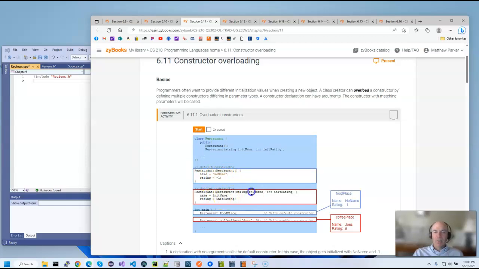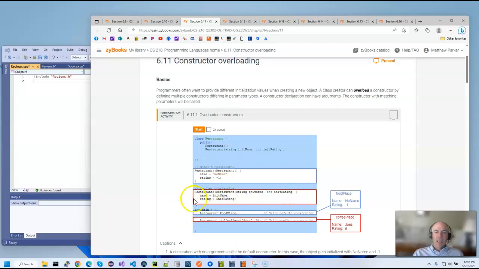What we should be doing is we know the name of the restaurant, we have a rating for the restaurant that we provided. So maybe we only know the name. So that would be a case where we might set the rating to a -1. We should know the name of the restaurant, right? We're creating it, so we should know its name. So we create the constructor. It's just a method. Remember, we give it the name of the class and then whatever parameters we want to provide it. And here they are then setting the initial name to the field name, the initial rating to the field rating,